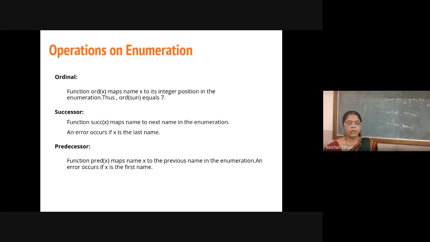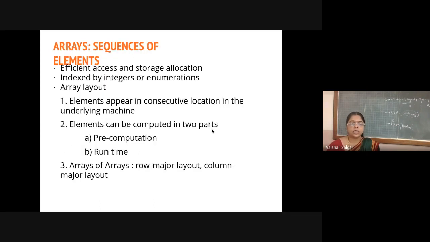So it will map that particular X, check the predecessor of that particular X, and return that value. So that is ordinal, successor and predecessor operations, which are possible on the enumeration. Now after that, next we are talking in detail about the